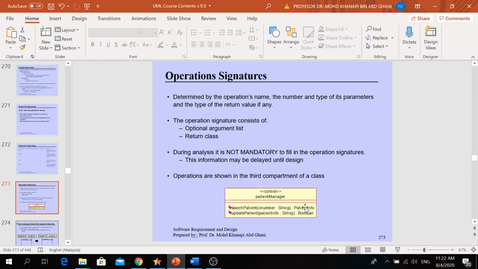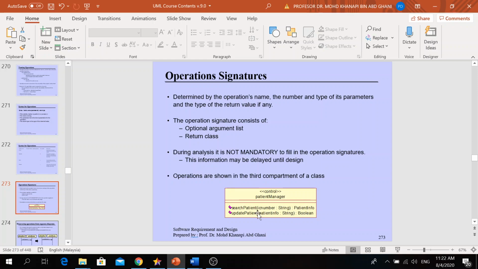So this is the passing value, and this is the return value. When you perform search patient, you pass this IC number, then you expect the patient information to be returned to you.